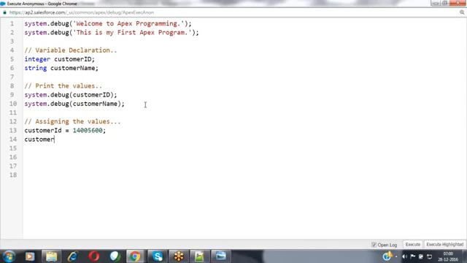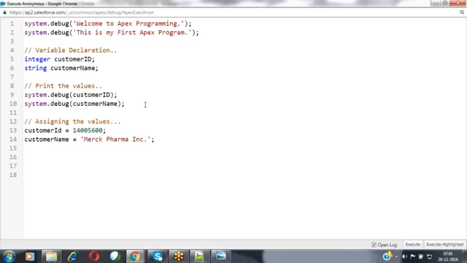And for the customer name, this is a string variable, so we have to assign that string value inside single quotation marks. So I'm giving the customer name as Merck Pharma Incorporation.